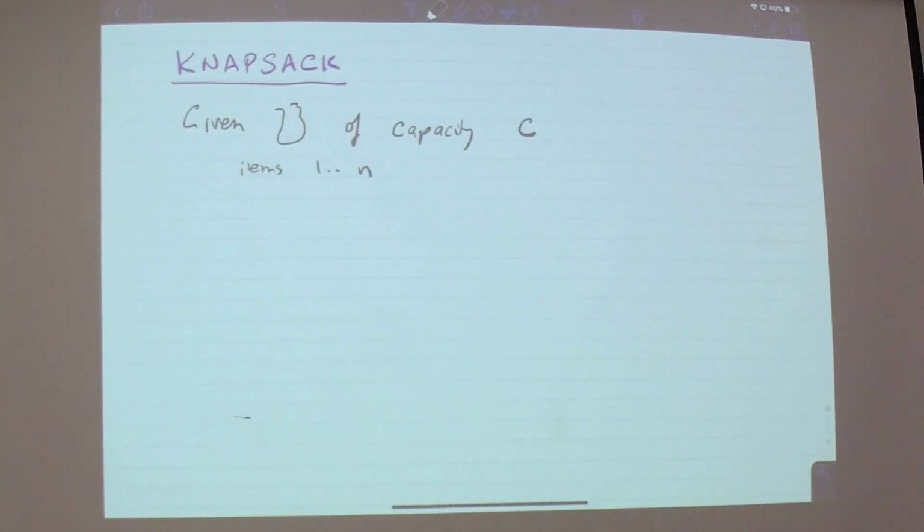Each item has a size Ci and value Vi. C for cost, because I want to use C for capacity, and value Vi. And my goal is to find